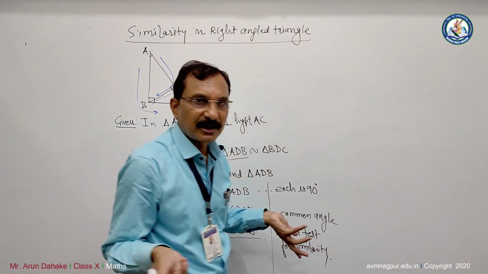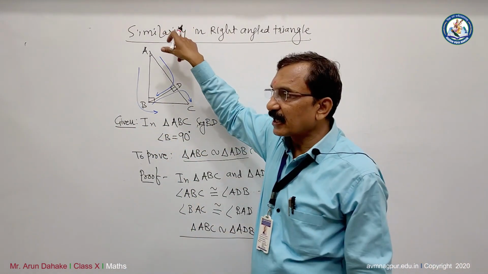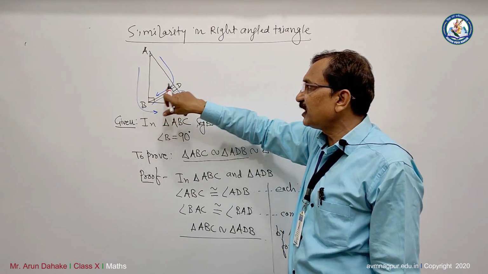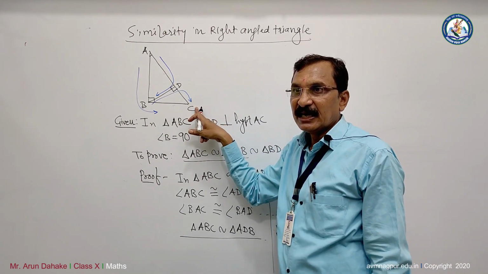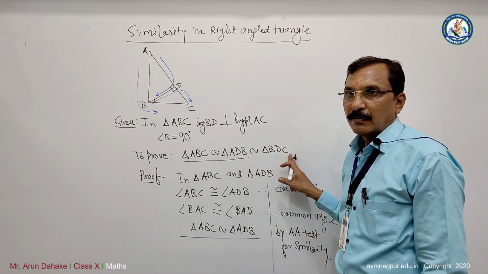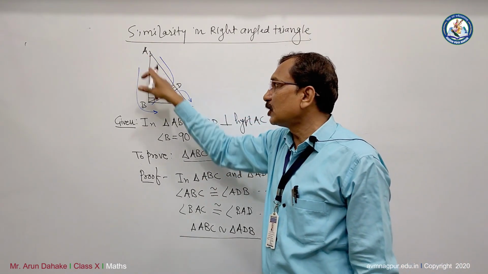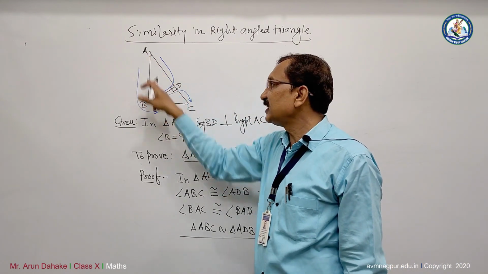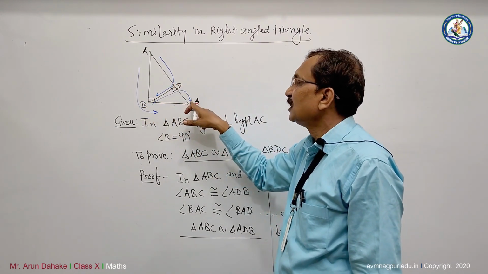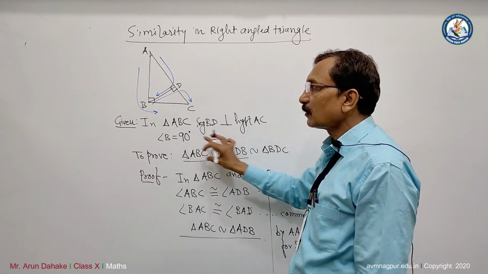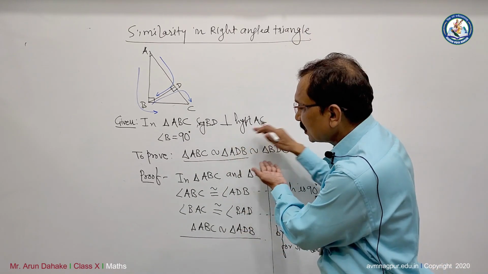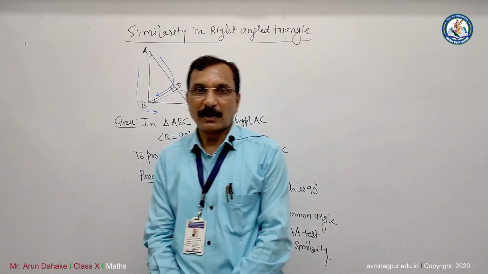Then what is the statement of similarity in right angle triangles? In a right angle triangle, when we draw the perpendicular from the vertex which is at right angle, that is BD perpendicular to hypotenuse AC, then all three right angle triangles are similar to each other. But when we prove, take the proper order of the triangles: ABC, ADB, and then you start again from B, BDC. These are the proper orders of the triangles. Similarly, we can prove the first part I proved here, and the second and third you can prove. So this is a very important part.